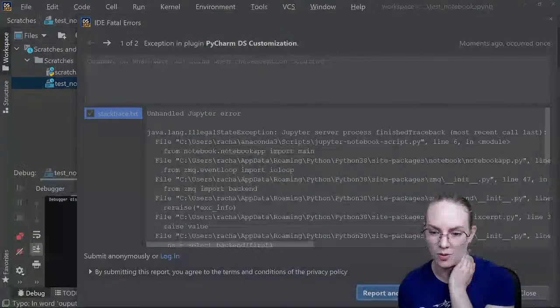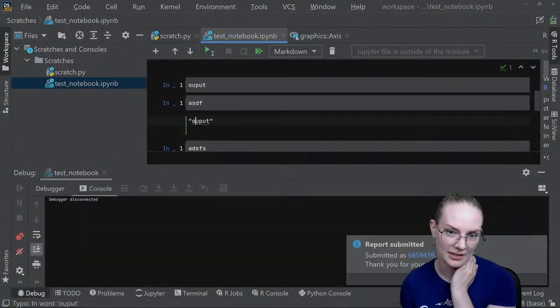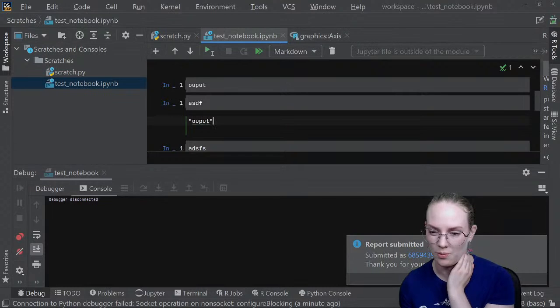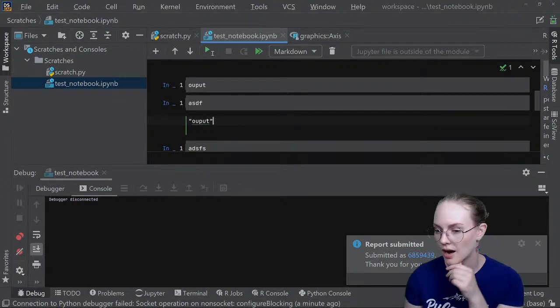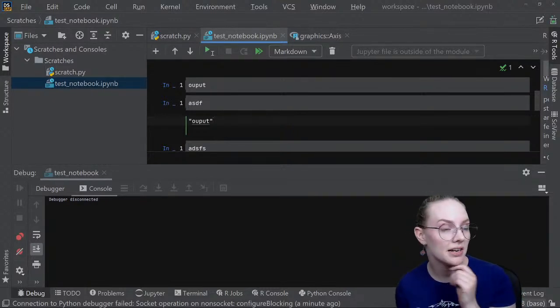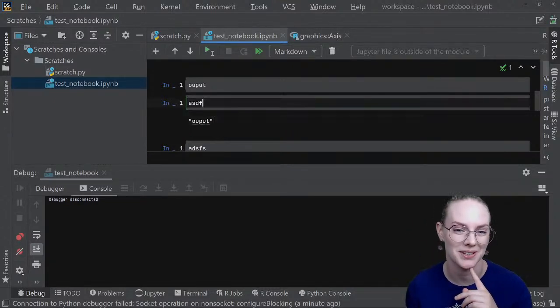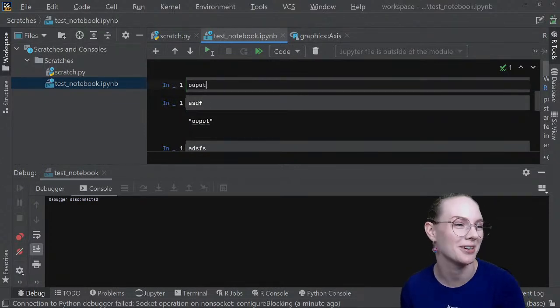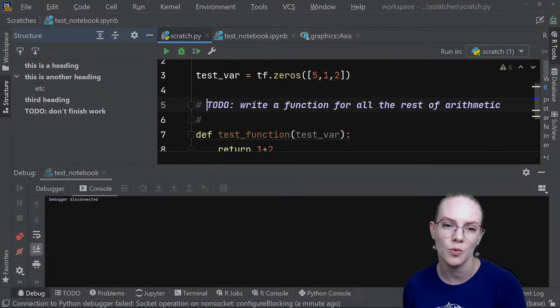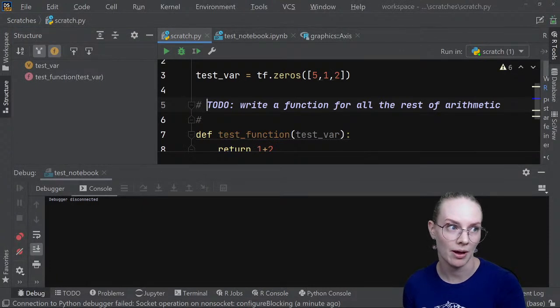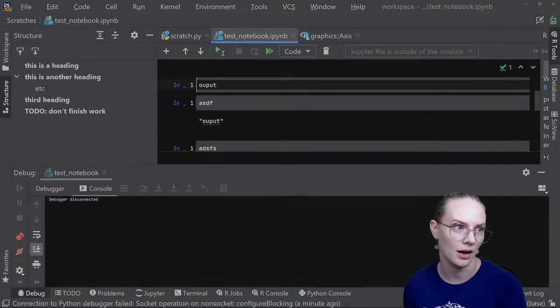Cool. So I think that's my other big piece of feedback, that there's a bug with the typo shortcut stuff. Overall, I think it's nice. I like the typo detection in particular. I do wish it worked here in the Markdown cells, because that's often where I'm going to have the most potential to make typos. Also, the difference in this structure view between the flat Python files and the IPy notebook files, so the Python scripts and the Jupyter files,